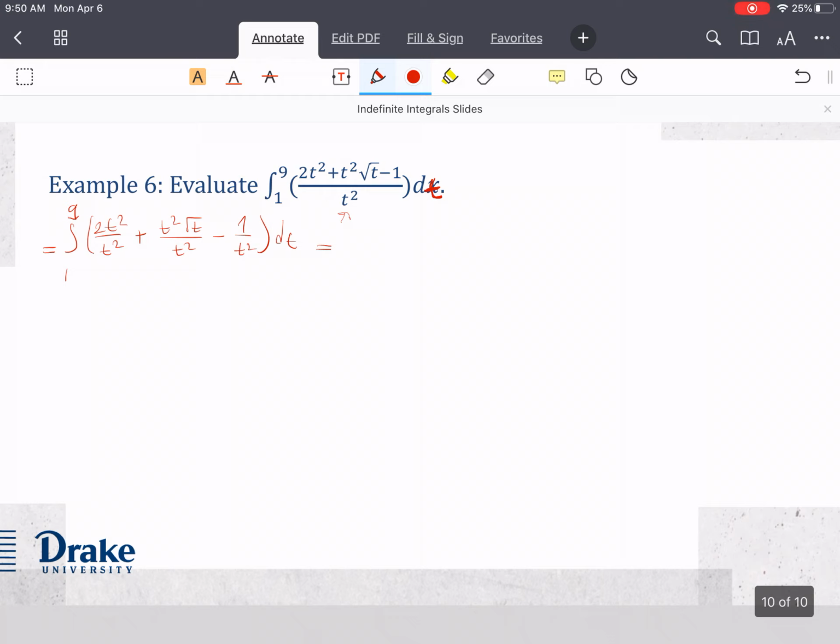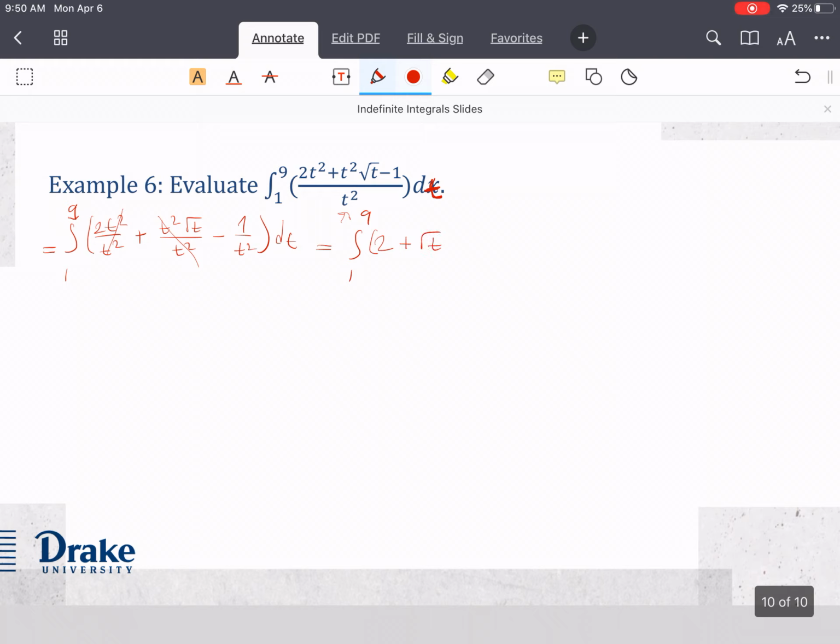Then the first term becomes just 2, because the t's cancel out, and the t squared cancels out on the second one as well. So we have 2 plus